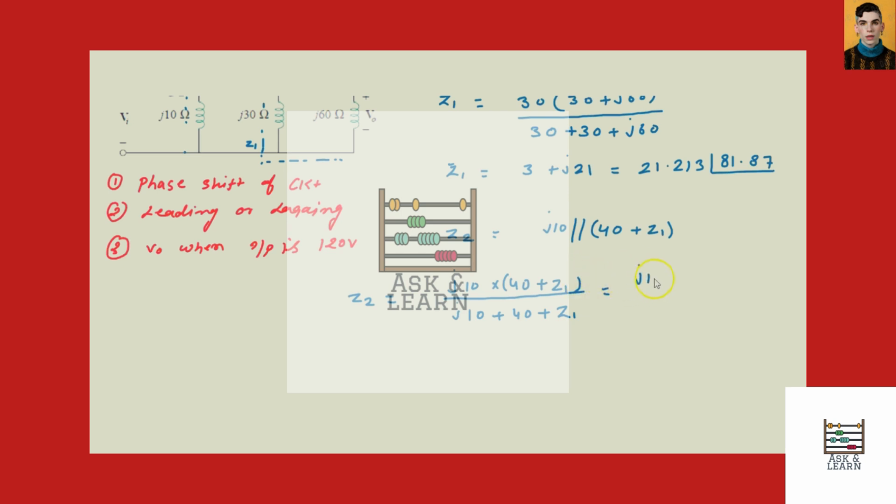It is j10 multiplied by Z1, which is 3 plus j21, and 3 plus 40 is 43. Then 43 plus j21 upon j10 plus 40 plus Z1. What is Z1? 3 plus j21. Then by adding this value in this formula, it is finally 43 plus j31. Fine. So now by calculating this value, the impedance Z2 will be